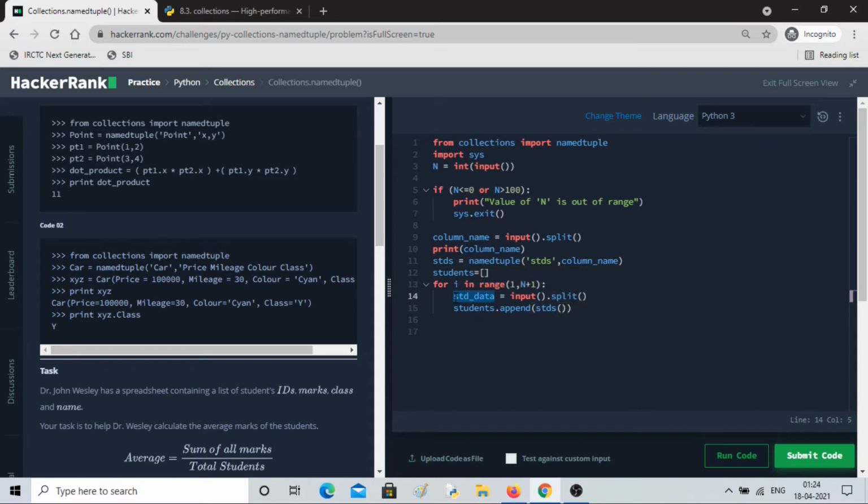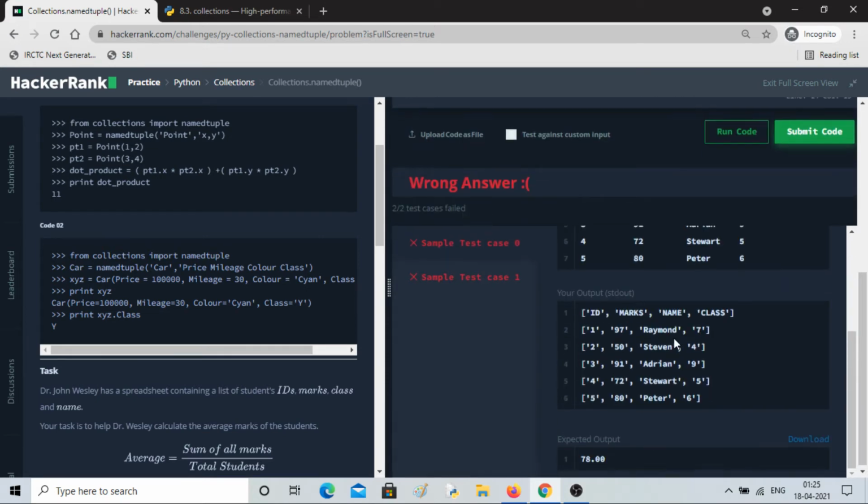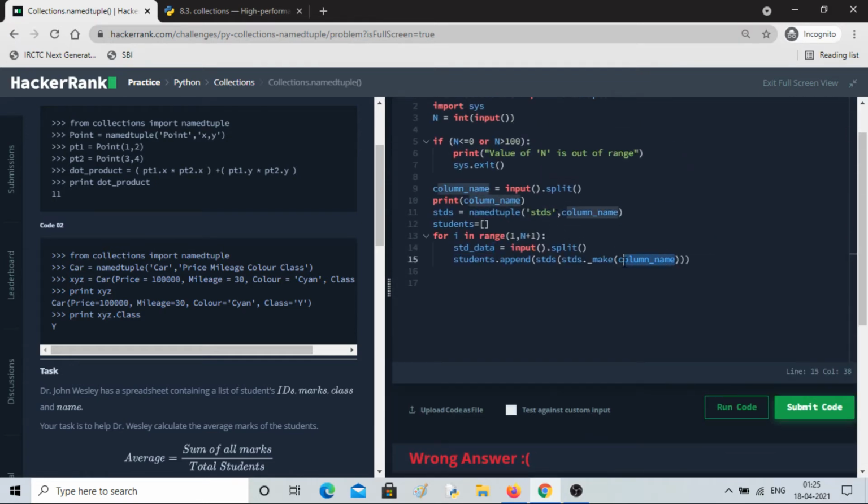Now how I have to give input is you can give in this fashion, stds dot underscore make, list. Whatever the list is, this will be in list form, right? This we have seen previously. See, this is in list form, so I'll give the list here.